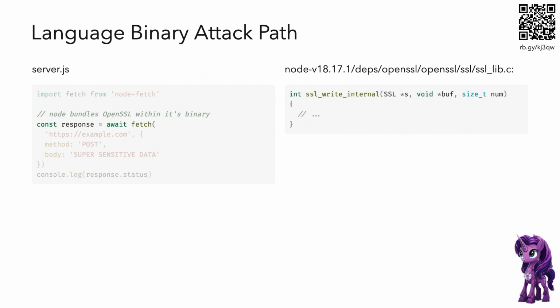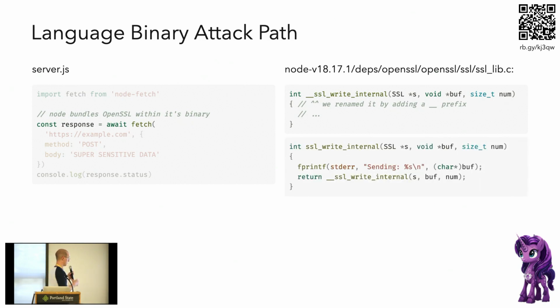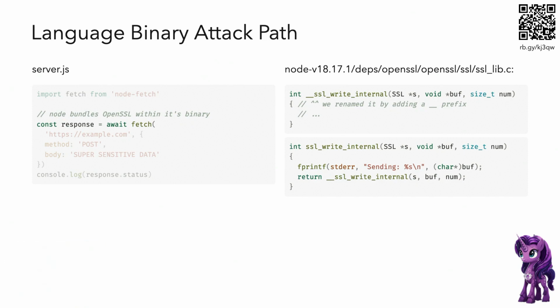They have this function called SSL write internal, which is kind of awesome because it means they've forced all of their interactions with OpenSSL to go through one function, which means, hey, we've got a point to tap into, woohoo. So my little cheat here is, let's just add a couple of underscores in front of that. See, the function disappeared. And then let's add our own. See, we are the one true SSL write internal.